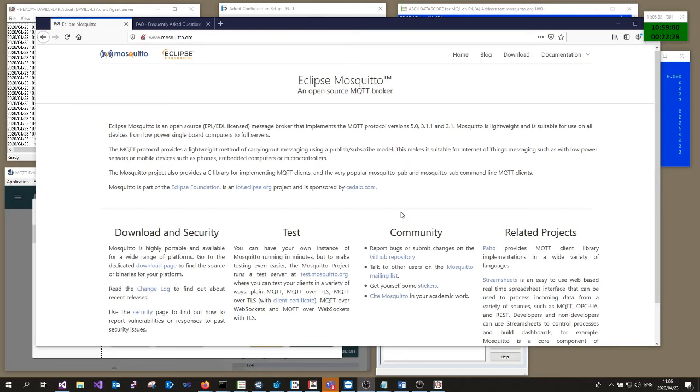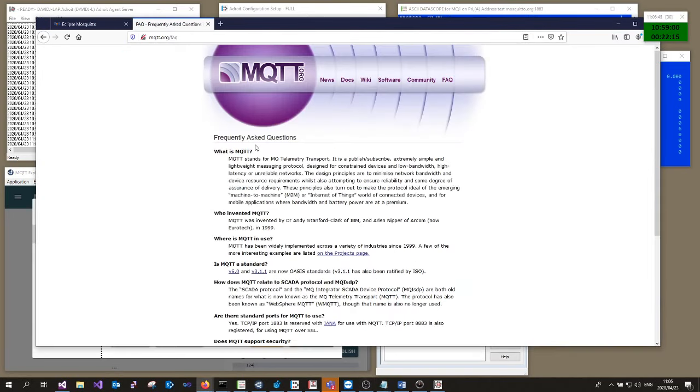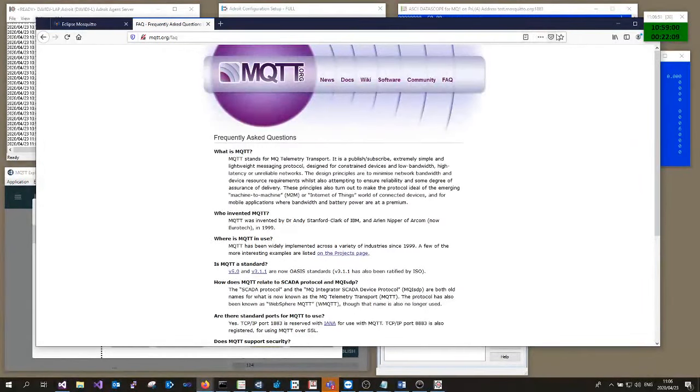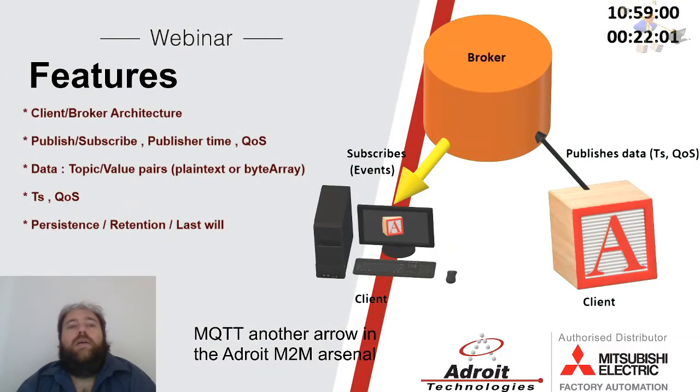For MQTT, you've got Mosquitto, which is an MQTT broker available online, and you've also got the mqtt.org website. Very nice websites, with a lot of answers to questions. Just pointing that out. I'm going to transition back to the discussion.